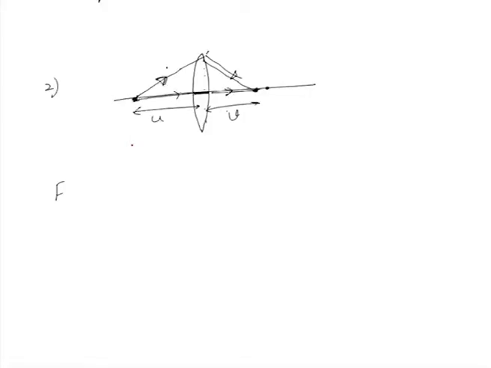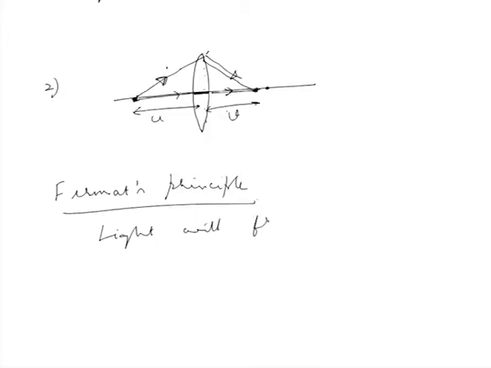But before that, I wish to remind you once again, maybe I haven't said this before, about the statement of Fermat's principle. Now we don't say that the time taken is minimum. What we say is that the light will follow that path. So, Fermat's principle, the way we say it now, is that light will follow that path